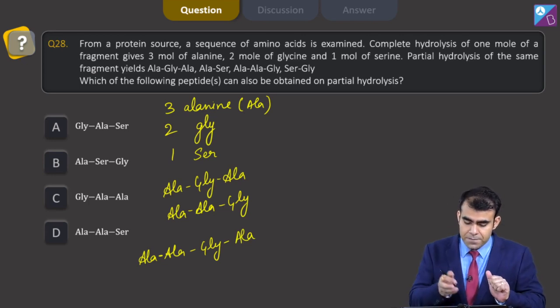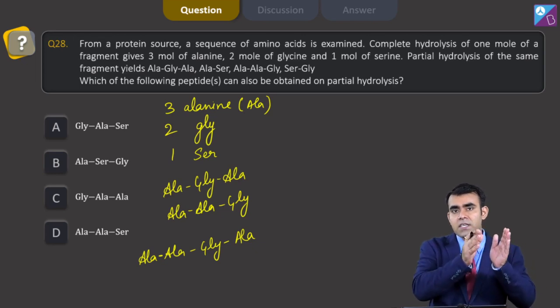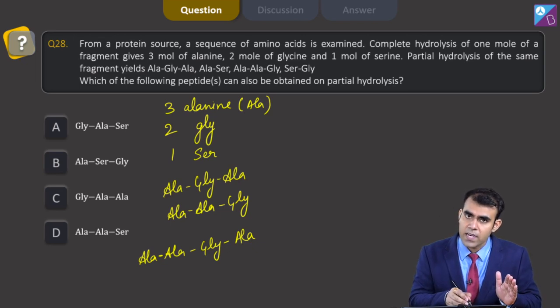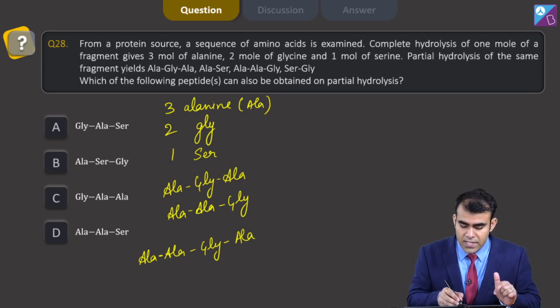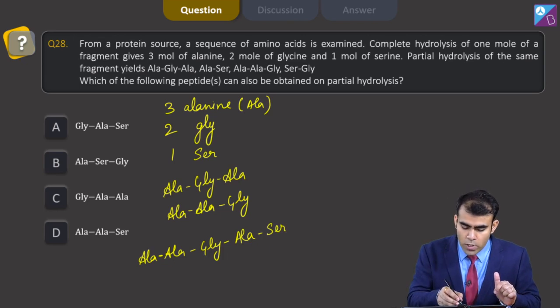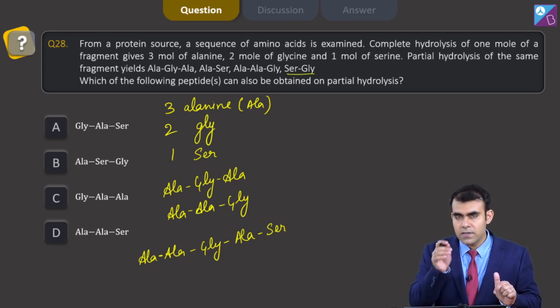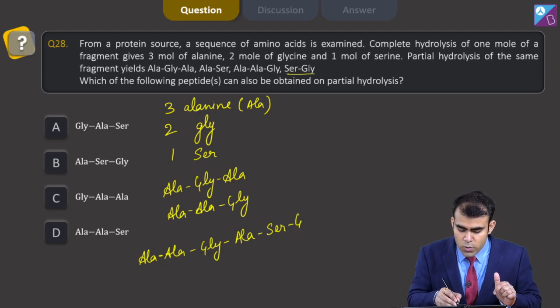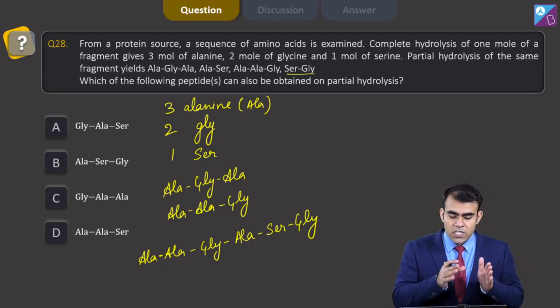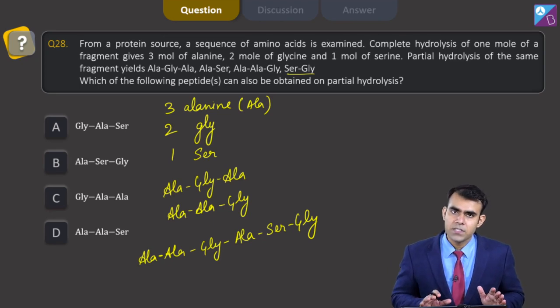Now after that there is more relation, that after alanine we have serine. After alanine we have serine, it means on the right side, and here you can see that 2 alanines are side by side, and after alanine we have glycine. It means this serine is on the right of this last alanine, and also after serine, from the last part, we have a glycine unit. So we have 3 alanine here, 2 glycine and 1 serine. So this is the structure of my peptide chain.